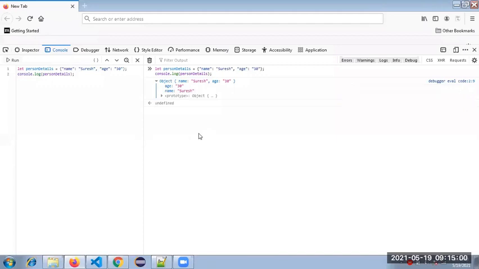Don't ask how to get the name or how to get the values. We will see that clearly in upcoming sessions, how to get values from objects. We have a separate session for that. For composite types we have arrays and objects, and we will play around with them in that session. Are you clear with the object?